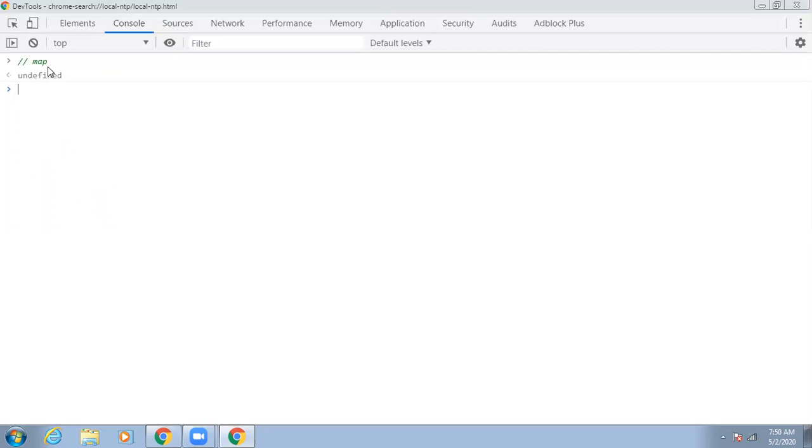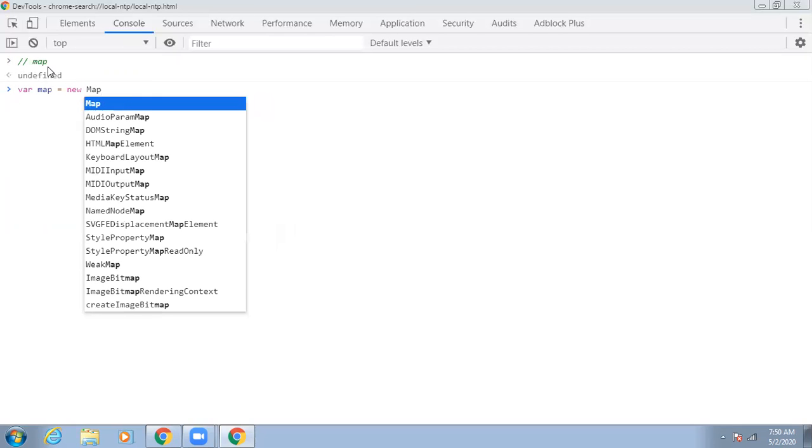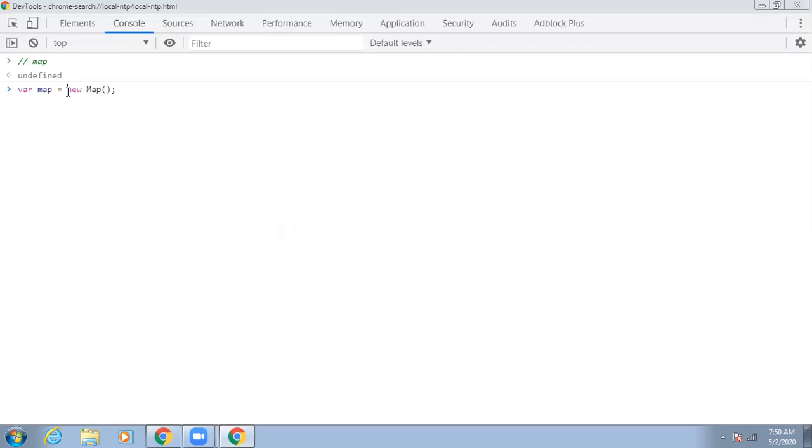Okay, let us see how we declare this map, and how we use it. So pretty much similar to object. Okay, don't think more than that. This is how we have to define. So new space Map. M is capital here. This is case sensitive. Here map is nothing but just a variable. You can give any other name as you want. Okay, but just for understanding purpose, I'm giving you this map. New Map. Let us see how it looks like. See, this is just like a map, right? This is just like an object with object literals, right?